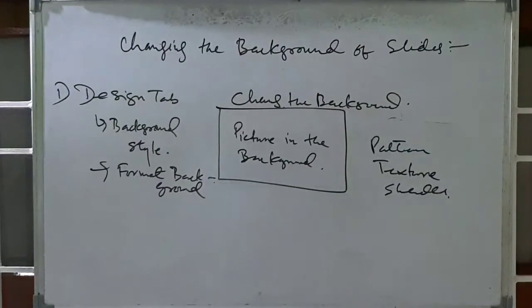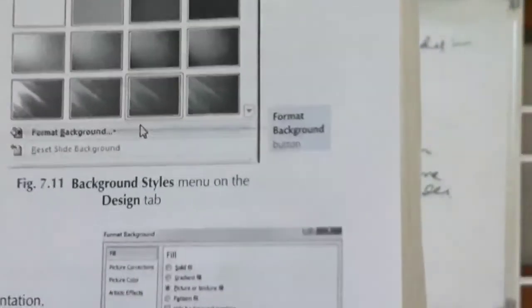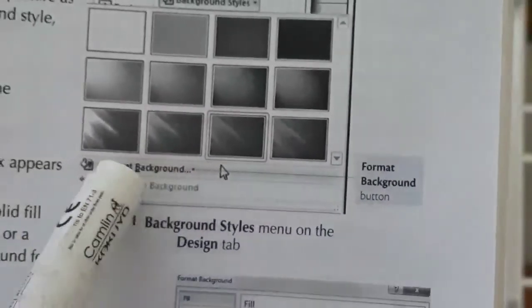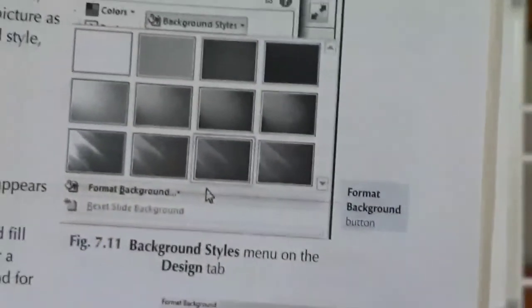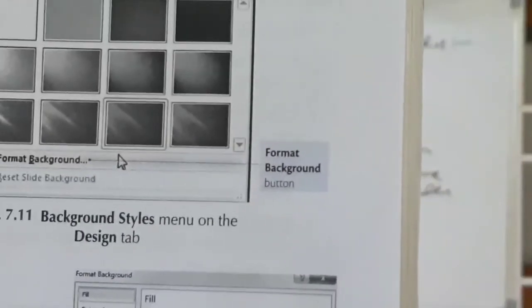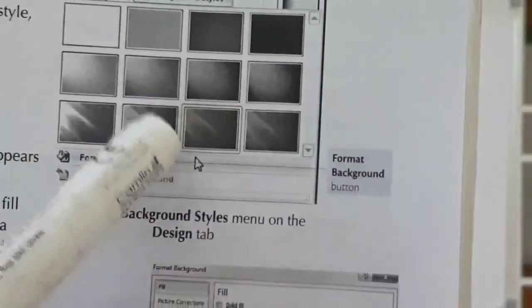You can see in the book the example is given here. I will show you. This is the format background. When you click on this, this will appear. These are textures. Format the background.